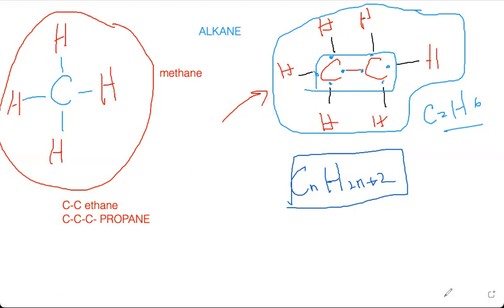What does the n mean? n means number of carbon. If I ask what is the formula of ethane and you want to find it through the general formula of the alkane, you should know the number of carbons. So isn't it better to use the first method? But let me show you how to work according to the formula.